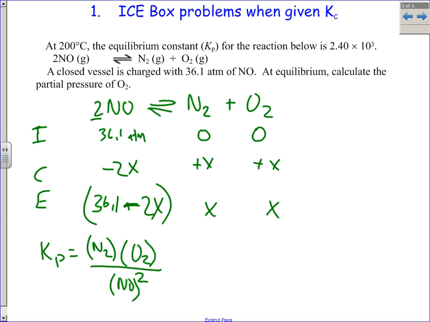Well, in this particular problem, they told us that Kp was 2.40 times 10 to the third. So I'm going to write that as 2400. Just remember we have 3 sig figs here. And that's going to equal our equilibrium pressures of N2 and O2. Well, those are both x, so on top we're going to have x squared. And on the bottom we're going to have 36.1 minus 2x quantity squared. Now, one of the reasons I picked this particular problem is because I want to highlight something that students miss at this point,